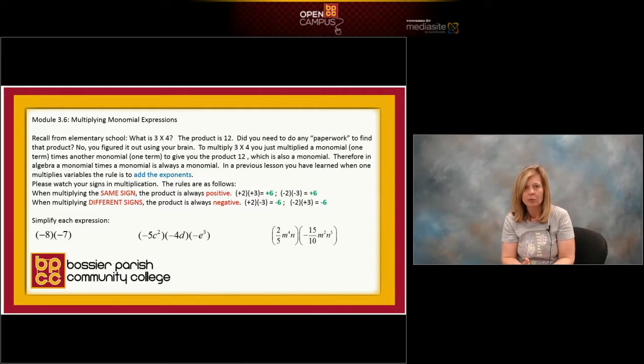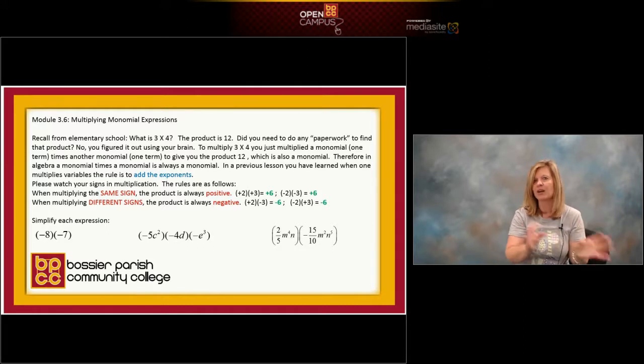We know with numbers, when we multiply the same sign, if both numbers are positive or if both numbers are negative, the answer is always positive. Multiplying the same sign, the answer is positive. If we multiply different signs, one's positive and one's negative, the answer is always negative. So there's no thinking with multiplying. You have to know your facts. Multiplying the same sign, answer's positive. Multiply different signs, the answer's negative. That's the first thing I take care of when I'm multiplying. I decide whether my answer, my product's going to be positive or negative.